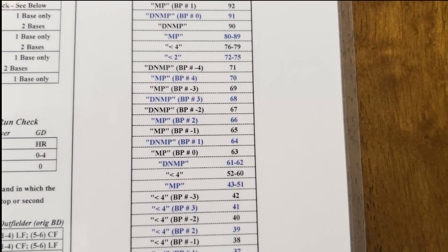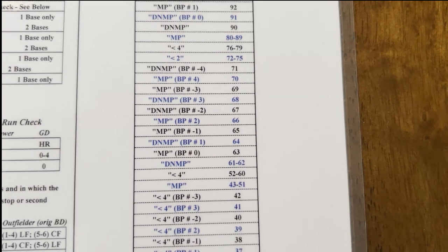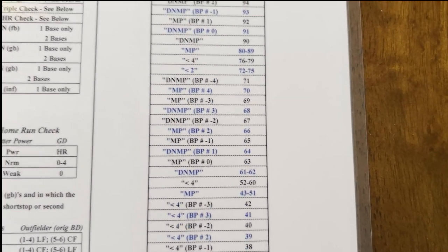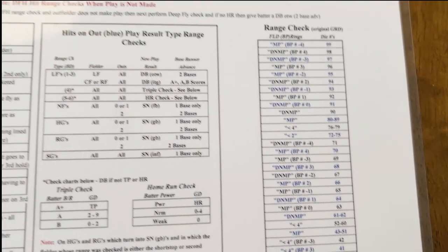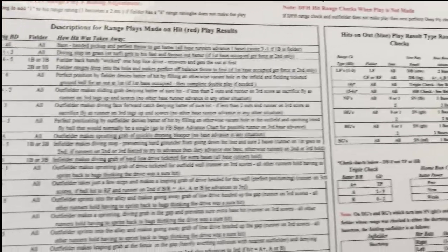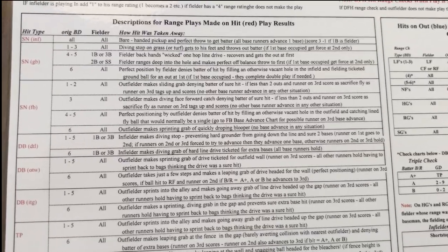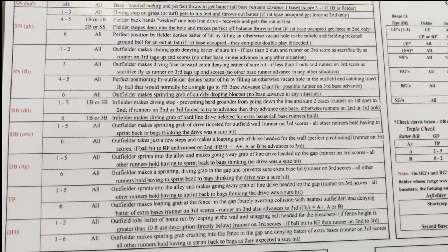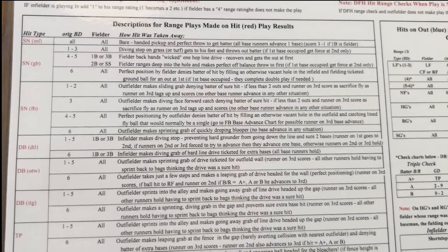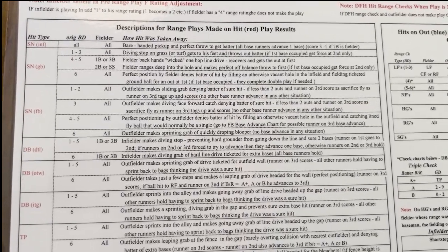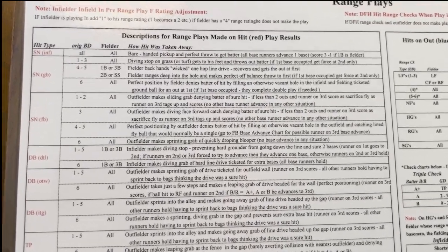You can use the ballpark and the range of the fielder, which is what I do. And again, I'll do a video on that in particular to show you. Okay, and then there's different situations where if the range play is made or does not get made, what does it turn into? So this longer chart here tells you what the play result is when it's a hit,